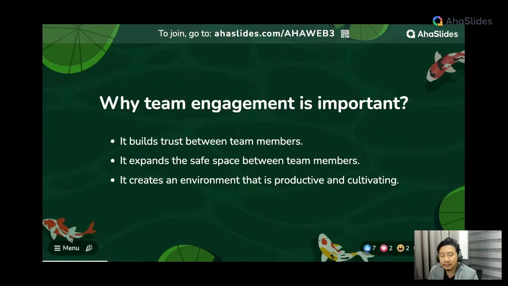So maybe everything is routine, everything is the same, and you might ask me, hey, everything is the same, I don't see any problem with it. And then from time to time, towards certain quarters, you have team activities, and you might feel that this is not important. That's a group of team members which I totally respect. You've got something good going and you want to keep it as it is, and you don't see any problem with what you have.